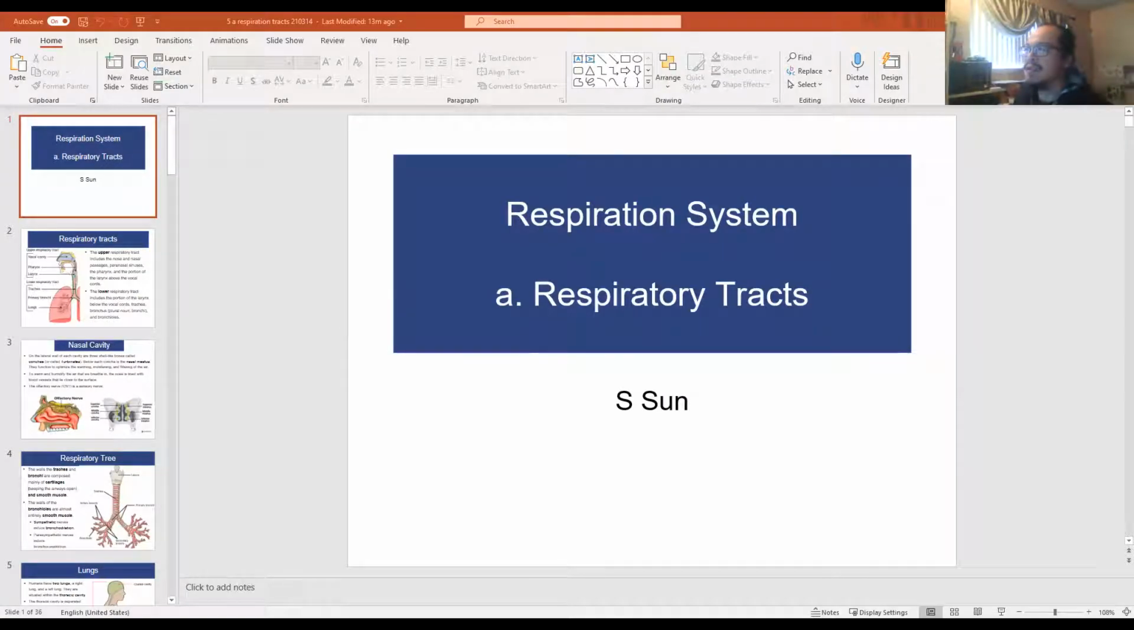So here is the first slide. In this one, we will start by talking about the respiratory tracts. I plan to have two different lectures on this portion, the respiratory system. The first one will be more like an introduction of this system, get to know each other, right? And then the next one we're talking about the function, like the major function of the respiratory system is breathing,